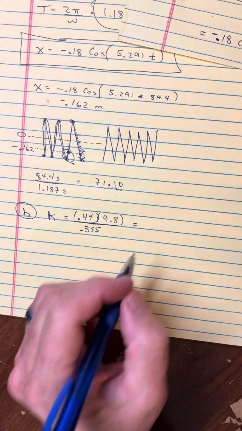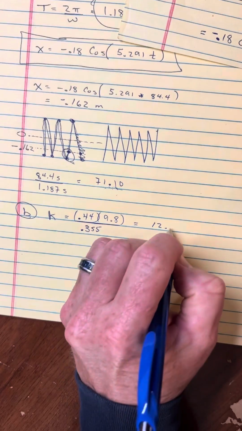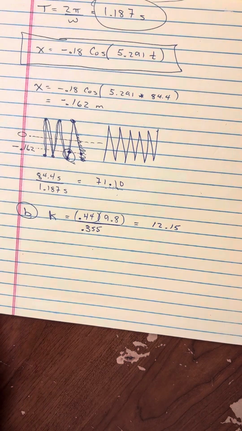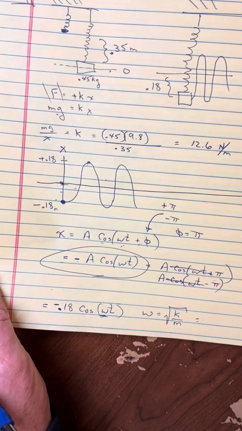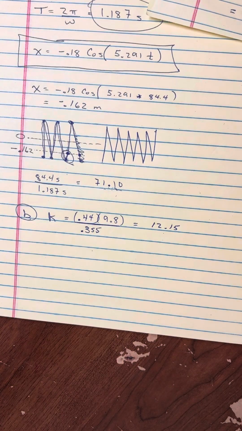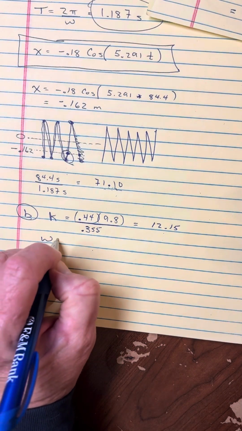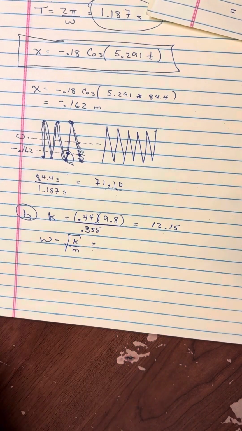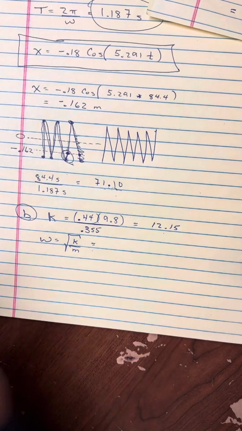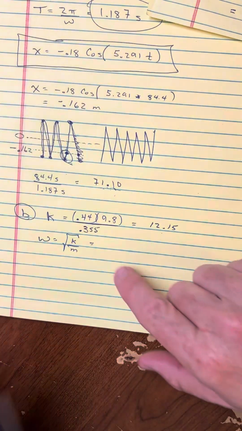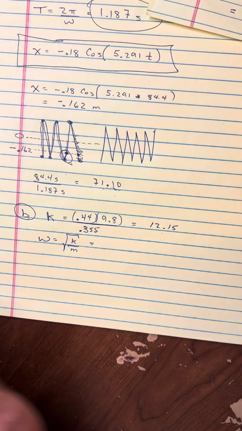Okay, there we go. So this would be 12.15. And so we got a little different value. Let's see. What did we have before? 12.6. Yeah, and so a little bit lower. And so that means my angular frequency, which is the square root of k over m, is also a little bit less. So this would be the 12.15 divided by,